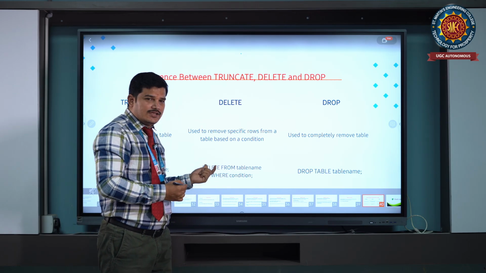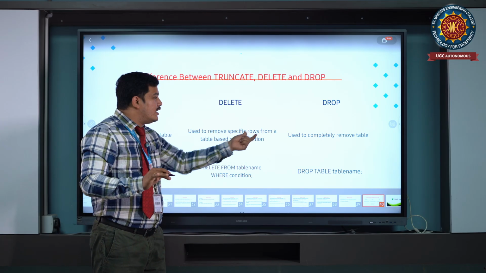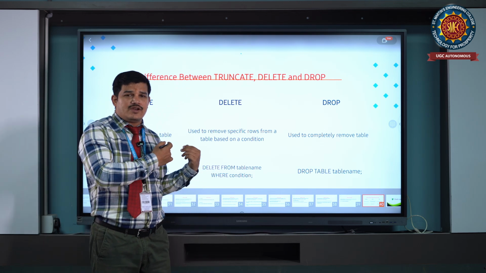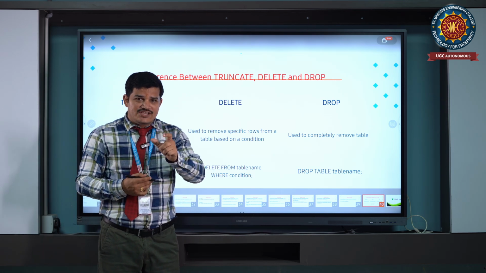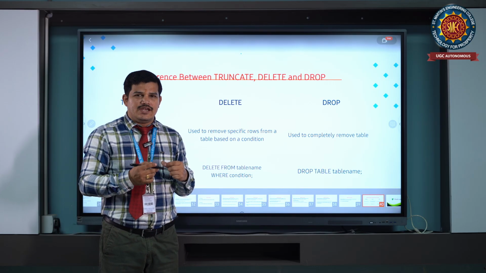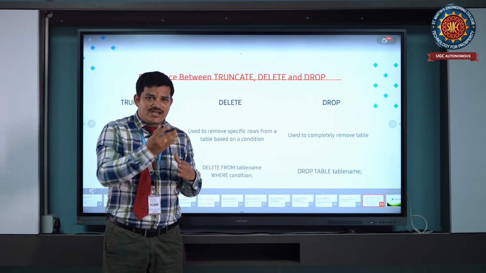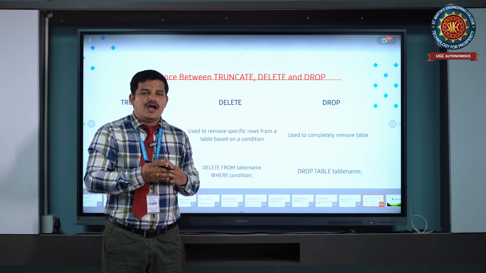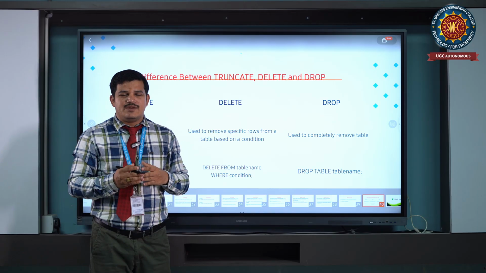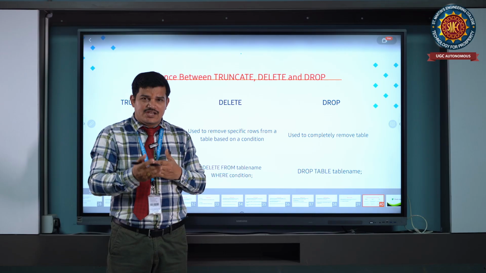Next, delete. What is the delete command here? Use it to remove specific rows only from a table based on a condition. As I told you previously in the slide, based upon the condition we are going to delete our particular data. That means if we have unnecessarily or unexpectedly created some data, we want to remove it. Or sometimes if a student has passed out, or was not in this particular branch, or has moved out, then based upon our specific condition